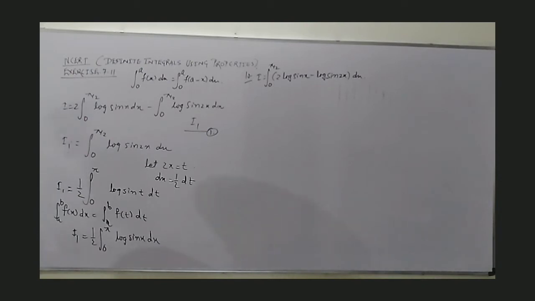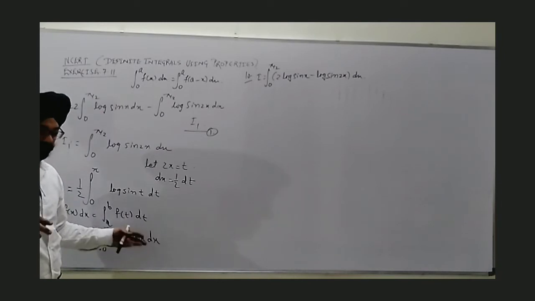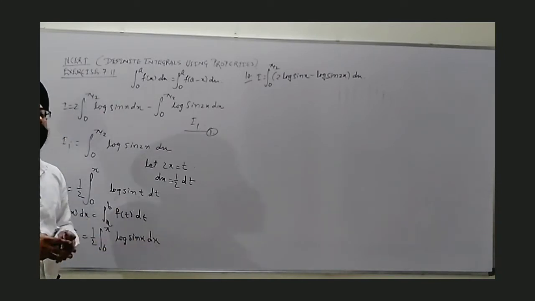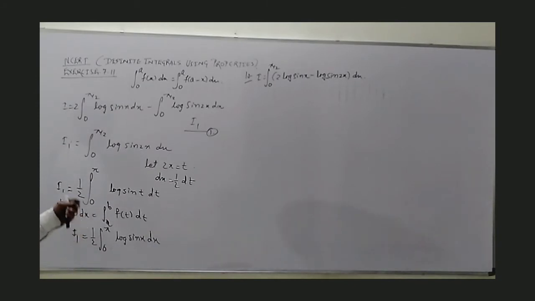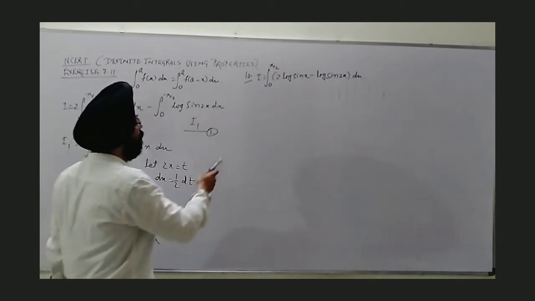Here we see that the limits are 0 to pi. Now obviously, if I apply property number 5, replacing x by pi minus x does not give us a changed result. It remains as it is. So property number 5 here is applicable but not useful. So what do we have to do? We will go to a similar property. Property number 5 starts with 0. You must keep in mind property number 6 also starts with 0. So property number 6 we will use.